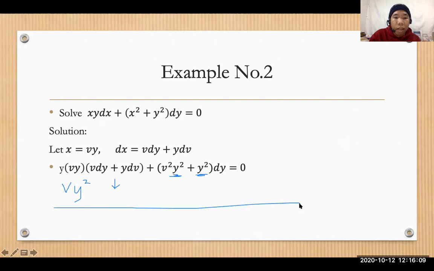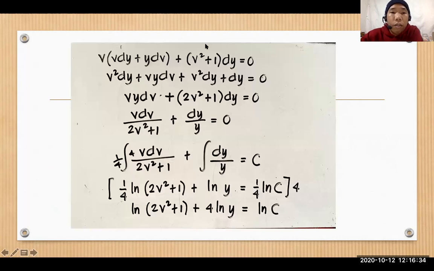If you divide the entire equation by y squared, you can simplify it to v times this term, and of course, v squared plus 1. You can see that in the next page. So y squared will be eliminated here. Again, take note, y squared will be canceled,